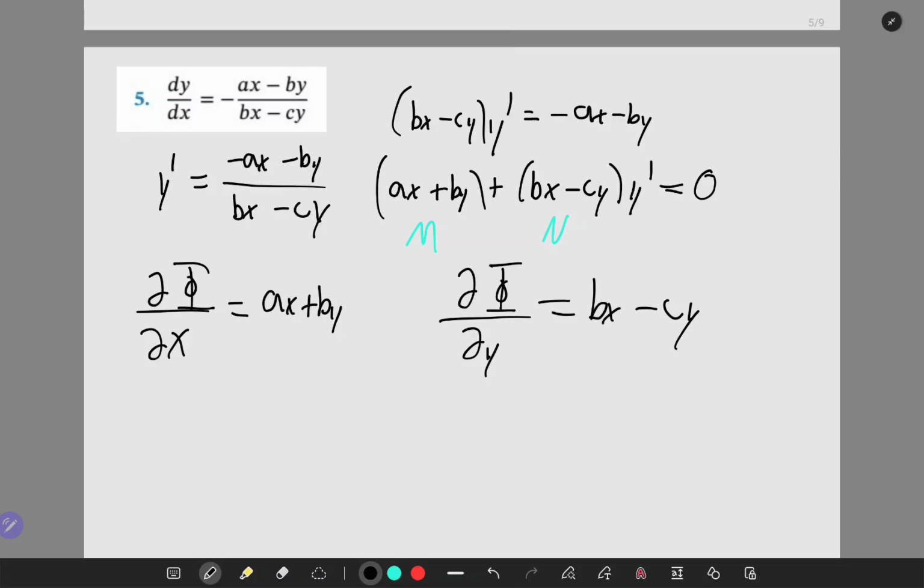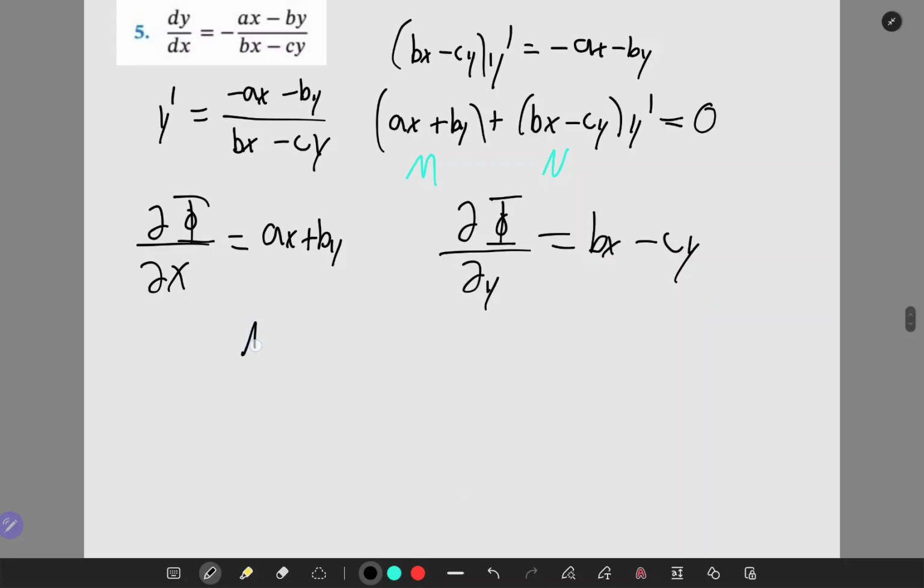Now, is it exact? Well, let's find out. So, remember, the partial of m with respect to y has to equal the partial of n with respect to x. So, m y, the first term, ax, 0, right? We have no y term there. The second term, we have a y. So, the derivative of by with respect to y is just b. Now, n. Some of you probably already see the answer here, right? The first term